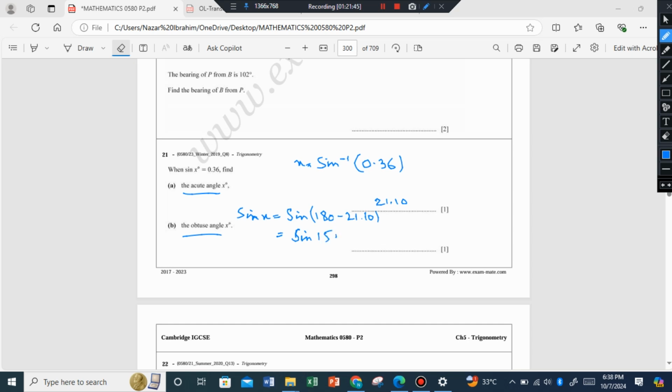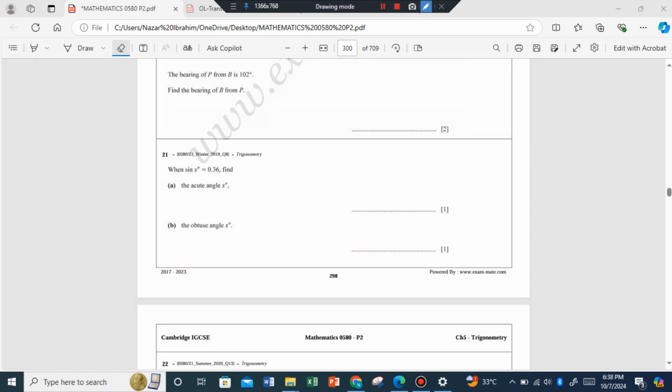Sine 158.9. So the angle is 158.9 degree, which is the obtuse angle. Clear? Moving forward,